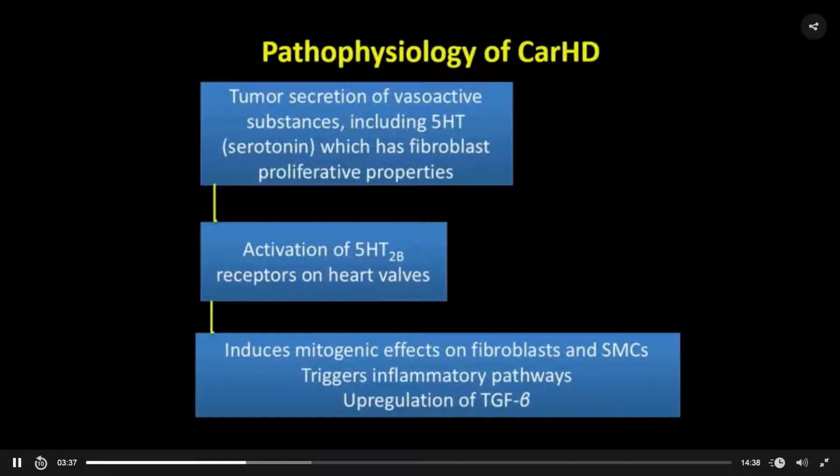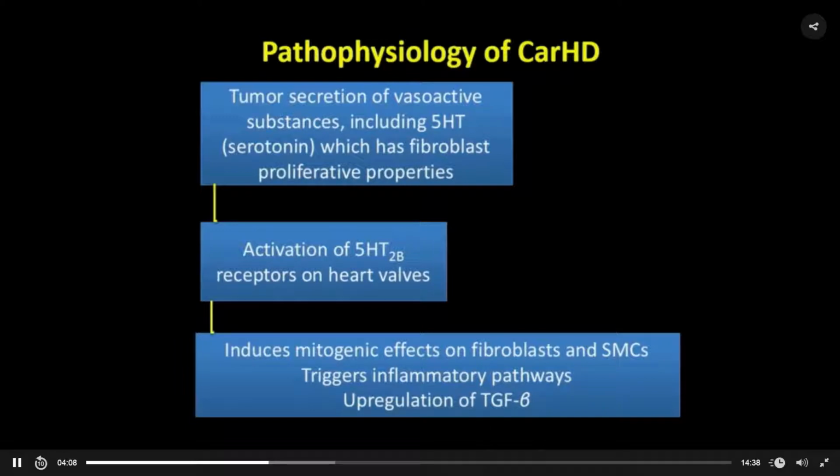So why does this happen to the leaflets? What exactly is happening here? It's thought that the tumor secretes vasoactive substances, including 5-HT, which is serotonin, and that has fibroblast proliferative properties. That causes activation of 5-HT2B receptors on heart valves, and these receptors are very plentiful on the heart valves. Together, this induces mitogenic effects of fibroblasts and smooth muscle cells, triggers inflammatory pathways, and upregulates TGF-beta, all of which